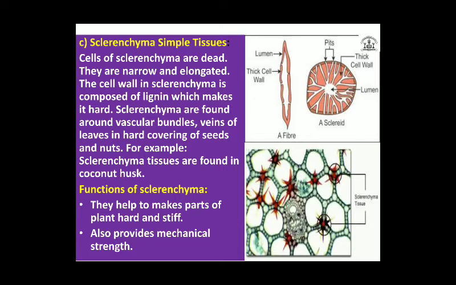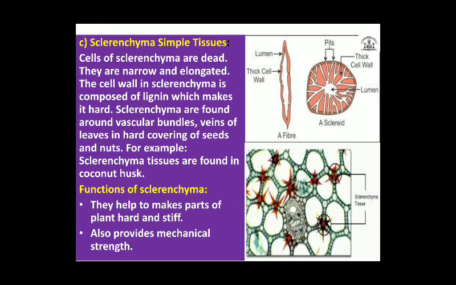So you would have seen the peanuts. So the peanuts, you could see inside will be having that nuts, and outer part will be much harder. That outer part is covered with this sclerenchyma tissues. Even for example, you could take the coconut husk. Even that is also a sclerenchyma tissue.